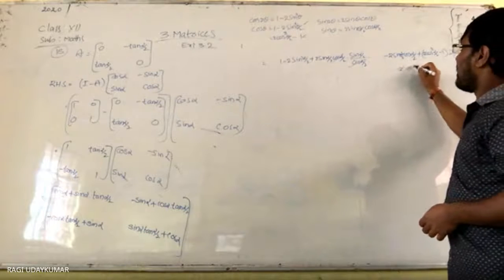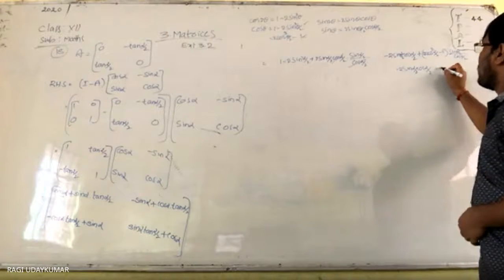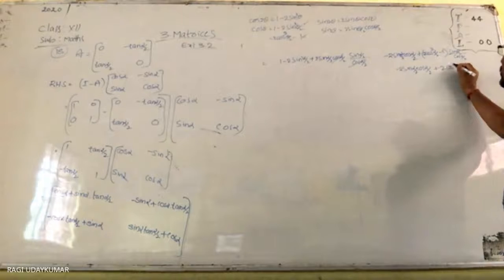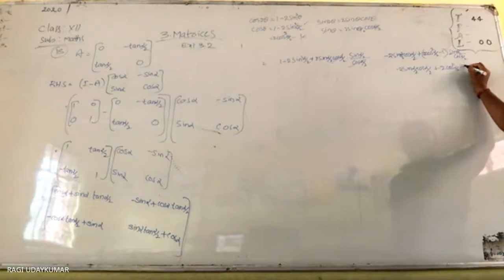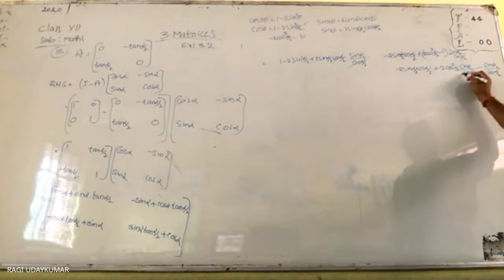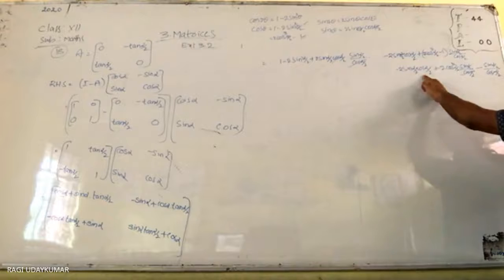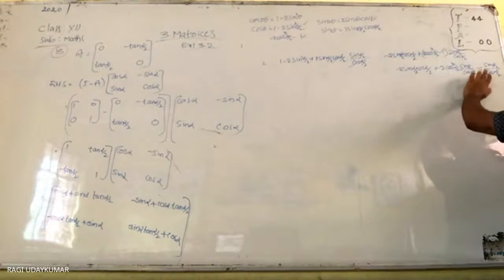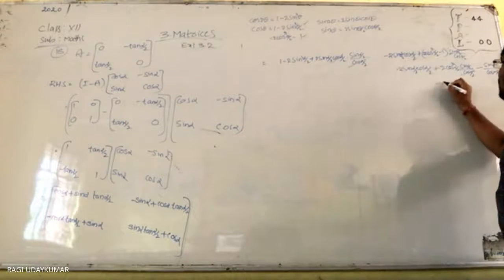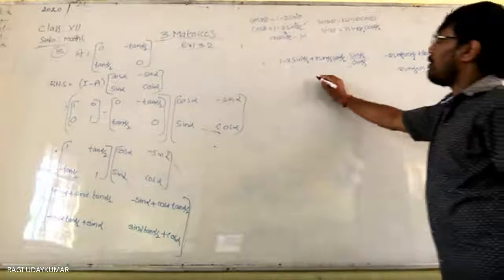इसको मैं इधर ही simplify कर रहा हूँ, but in your notebook you need to write in a proper way. What do you get if you simplify this? 2 cos square alpha by 2 into sin alpha by 2 by cos alpha by 2 minus sin alpha by 2 by cos alpha by 2. So cos square and square will get cancelled. Minus 2 sin alpha by 2 cos alpha by 2 plus 2 sin alpha by 2 by cos alpha by 2, ये पूरा cancel हो जाएगा. So इधर आपको tan alpha by 2, you will get minus tan alpha by 2. इधर what you get, 1.